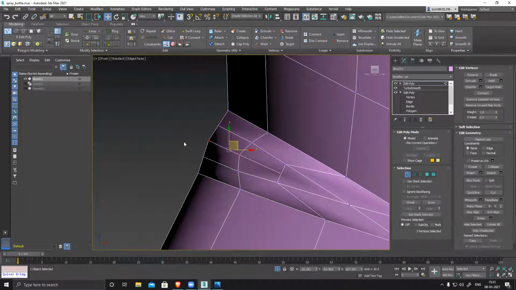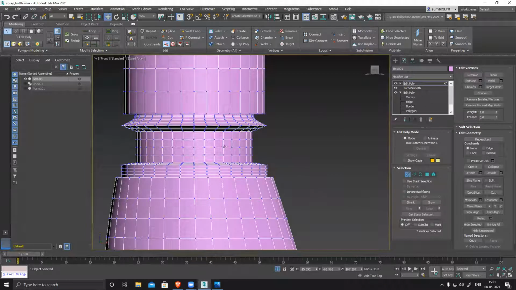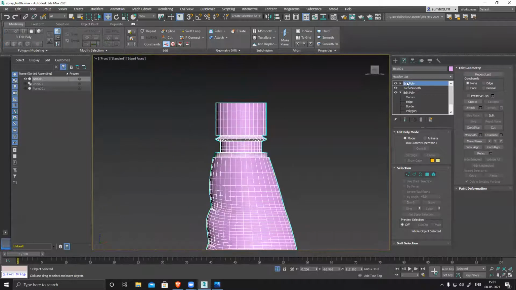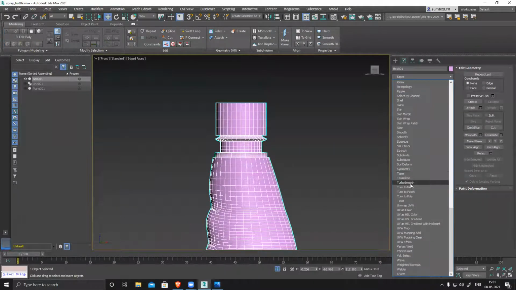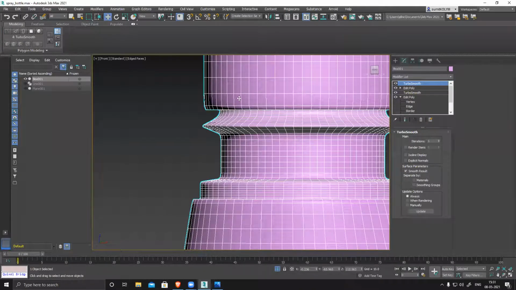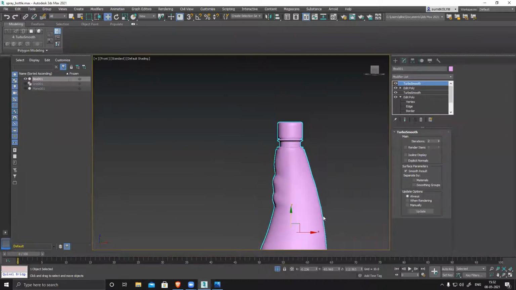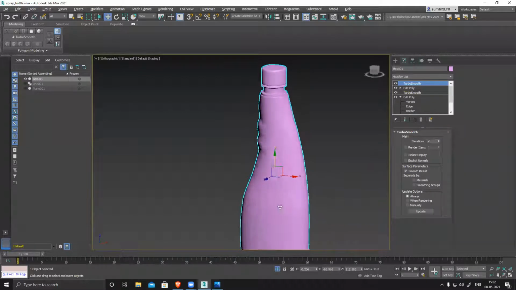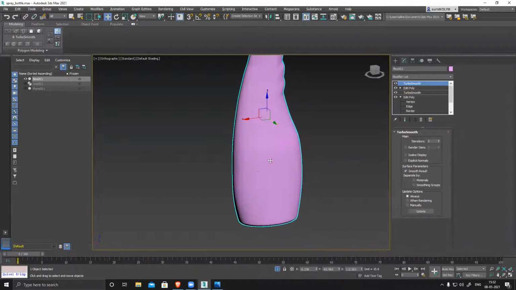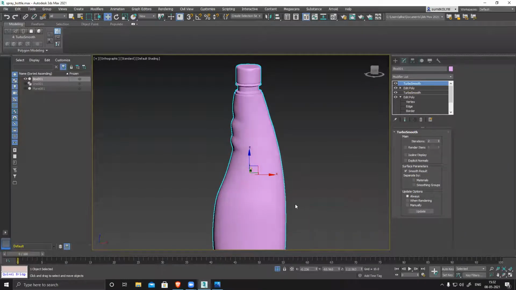For gaming also we need high poly models. In that case, I'll use this technique and create a high poly. This will be my high poly, so I'll need to apply one more turbo. Now if I apply turbo, you can see all the corners and edges become a bit smooth and soft. My mesh looks nice, clean, and really soft. But this will be my high poly. For low poly, I showed you the production pipeline now.